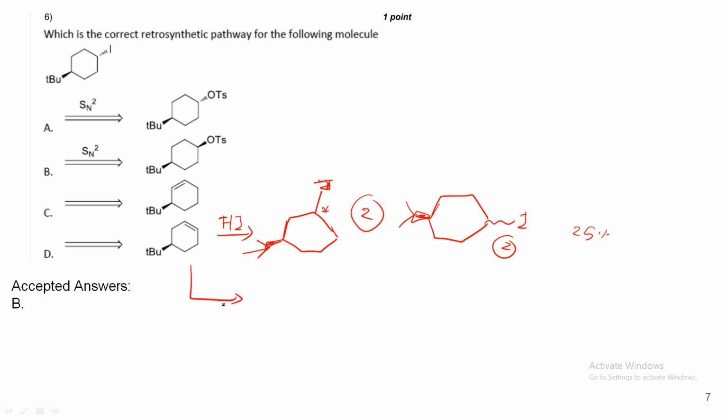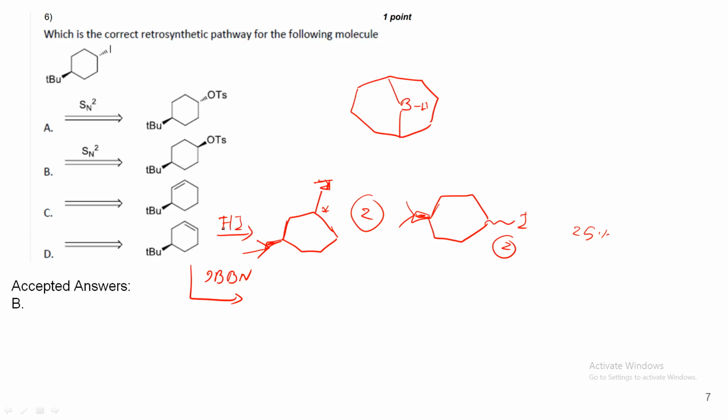And if we do the hydroboration oxidation, that can have, so let's say we use 9-BBN. I hope that you know the structure of 9-BBN. So this is 6, 1, 2, 3, 4, 5, 6. So this kind of thing is 9-BBN, and due to the huge bulkiness of the alkyl groups,